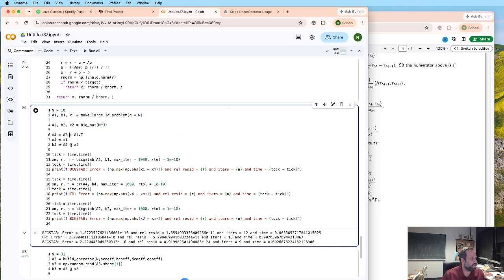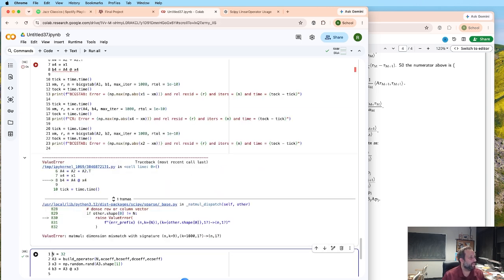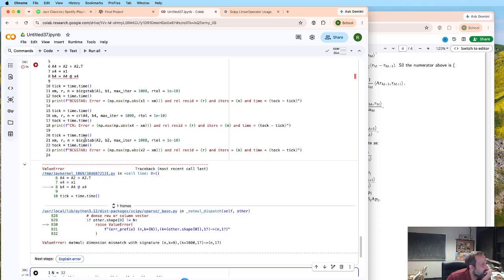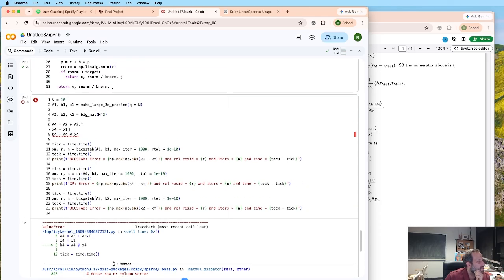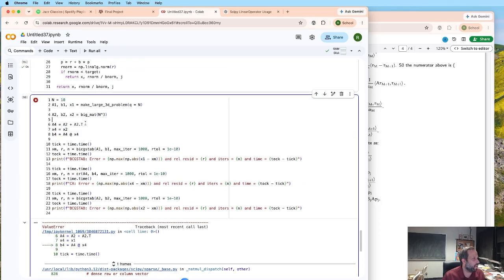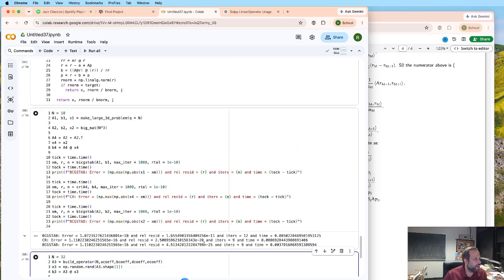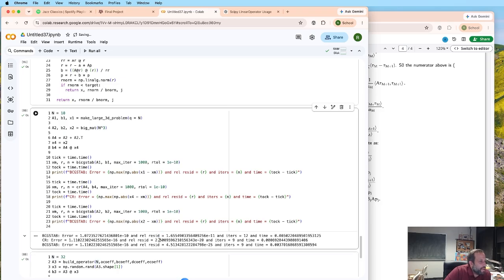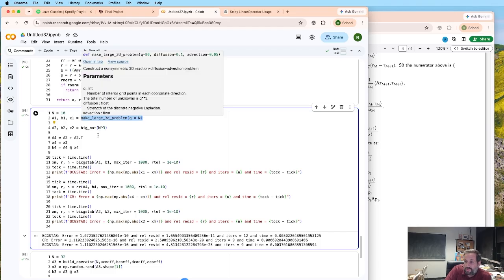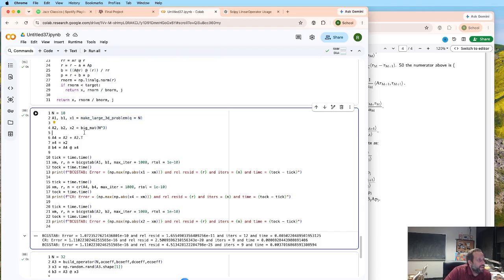I'm going to do this with A2. Oh, I need to make all of these 2s as well. Okay. Yeah, and here we can see it runs even better. So the other matrix, I think this matrix is close to being symmetric because it's a PDE matrix. As we've seen, the sparse structure is going to be symmetric. But this is just random, so even the sparse structure is not symmetric. And so we're going to have a different